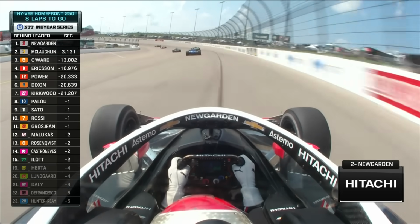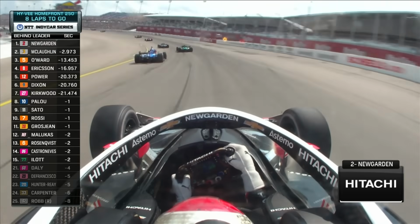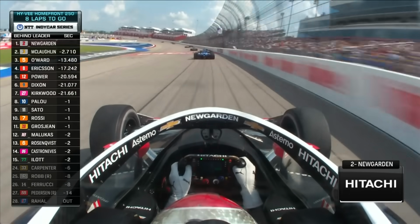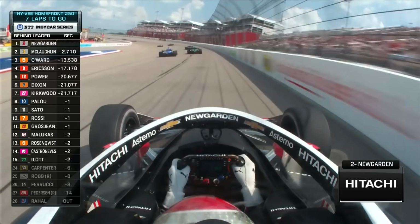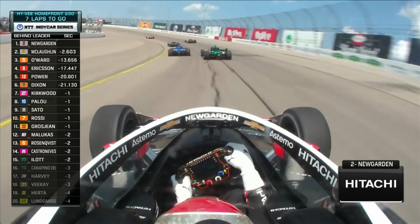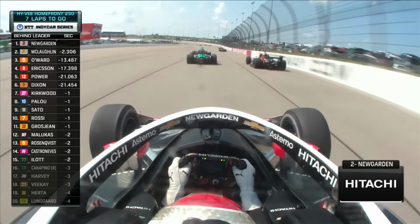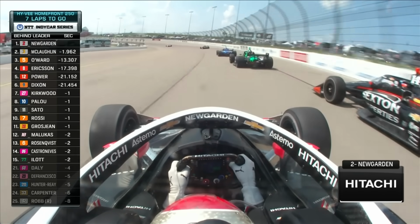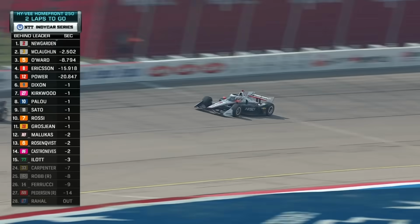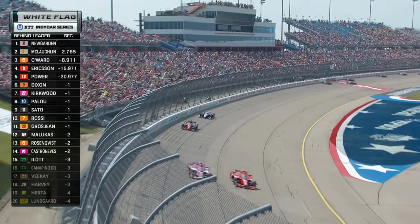It's just about being heads up. Again, he's looking 3 cars in front. That's Scott Dixon immediately in front of him, but he's already reading the traffic in front of Scott Dixon to know where Scott's going to place his car, so that he can make his decisions on where to put the 2. And this, again, is just where he is so good. Look at that slow car up top. Everyone's got to check up a little bit. Gap down to 2.4. And when he comes out of turn 4 this time, he'll see the white flag in front of a big crowd. 7/8 of a mile to go